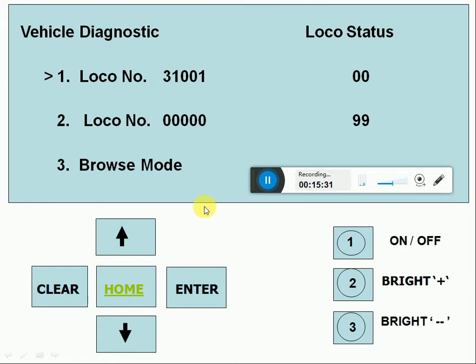to know in which subsystem the problem is there, we have to select status of loco 1, move the cursor to loco number 1, 31001, then press enter.